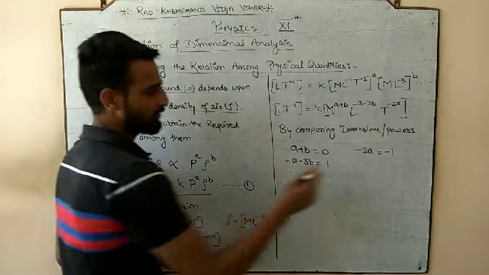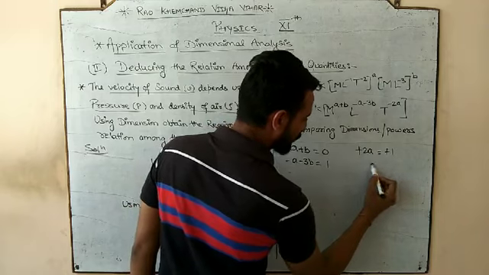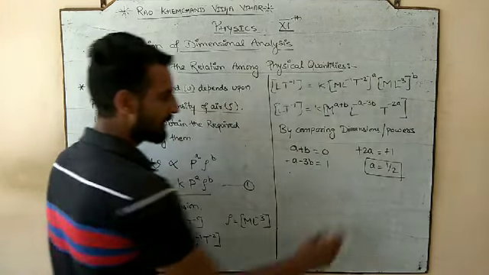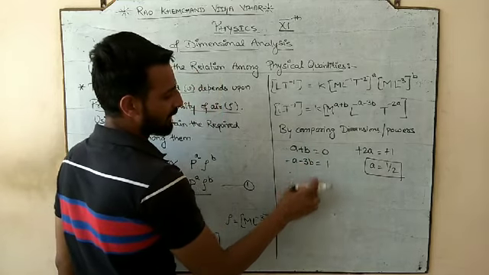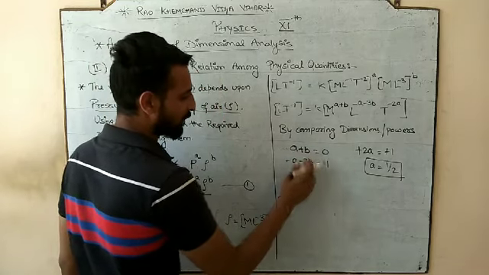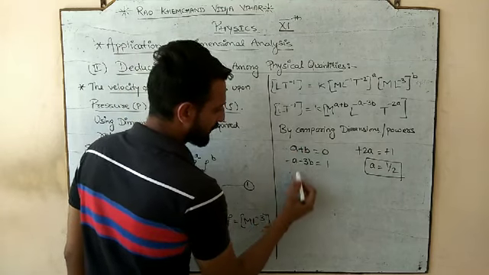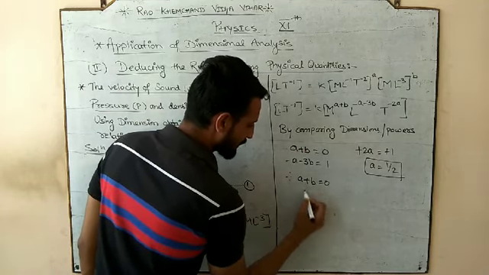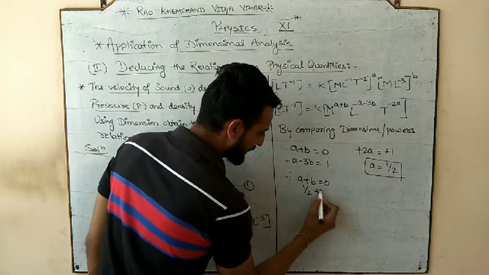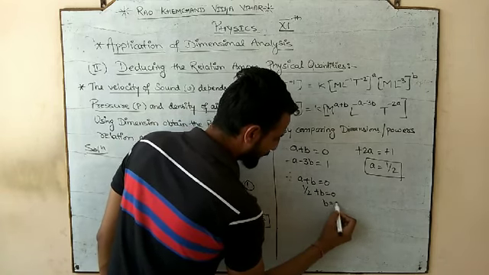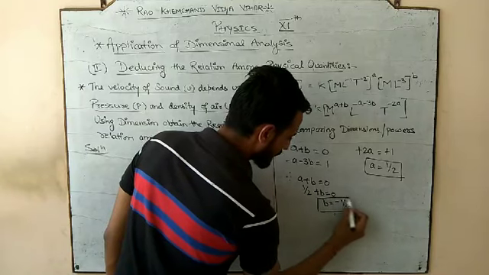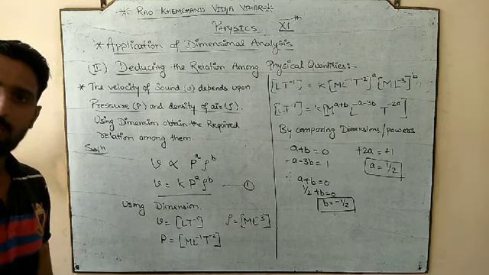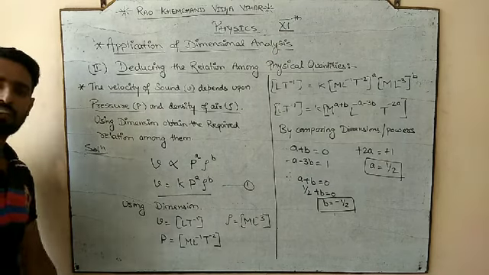So can you solve this equation? If I try to solve it, what is the value of a I got? 1 by 2. It is your choice whether you use this equation or that one; you can solve by your own. If I use this one, A plus B is equal to 0, so A is half, plus B is equal to 0, and B is minus half. So the value of A is half and the value of B is minus half.